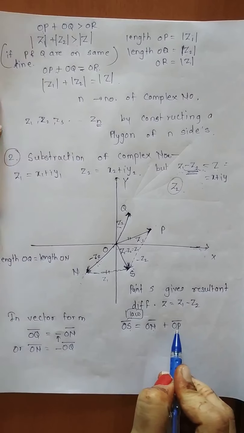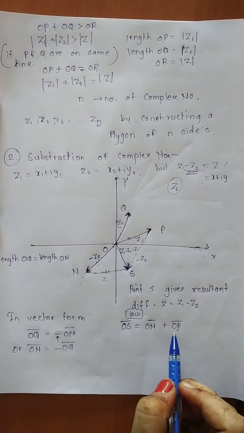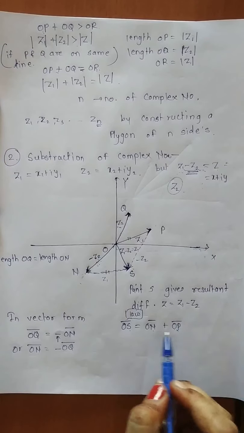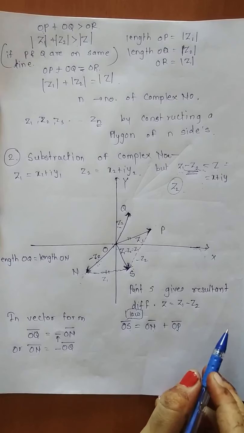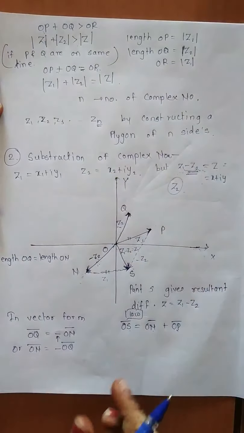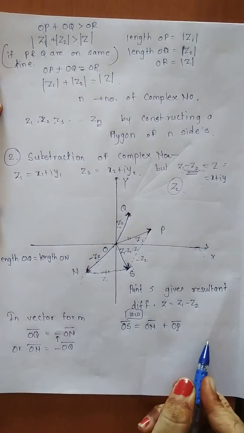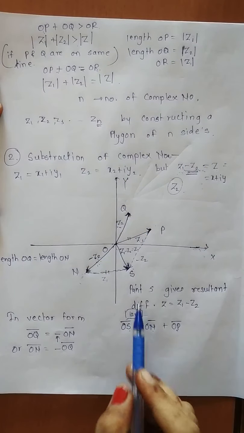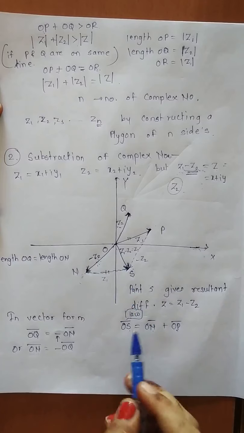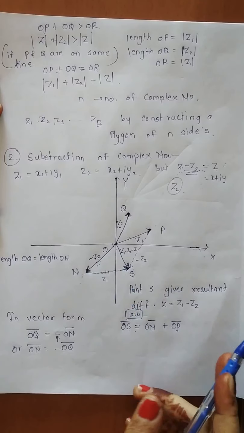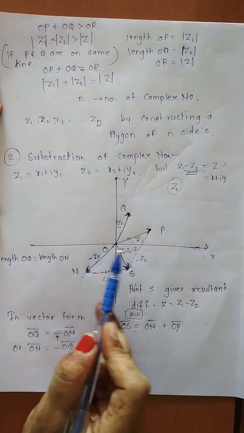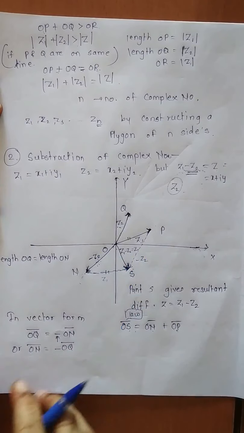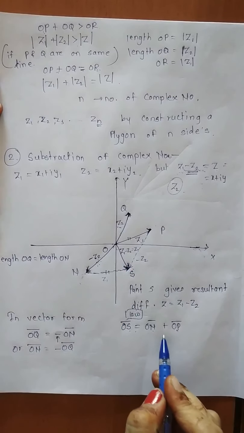So according to this parallelogram law of vector addition, OS will be equal to ON plus OP. In your textbook, they have used the triangle law of vector addition, means the diagonal of the triangle will give you the addition, and the two sides are nothing but Z1 and Z2. They have used the triangle law of vector addition, but they have written their sentence that we are using the law of parallelogram of vector addition. So it is not the case. We are directly using the law of parallelogram. They used the triangle law of vector addition, and then they substitute that these two sides are equal, then they substitute ON as PS or vice versa. Okay, so we are going to use this law directly.